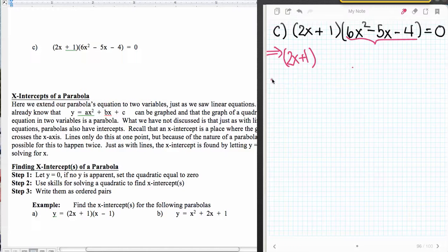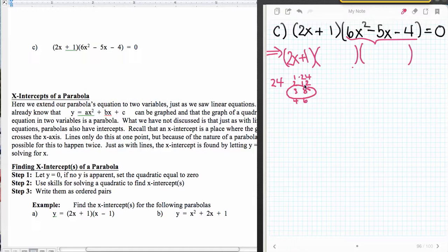So let's do our factoring by grouping strategy. 24 is equal to 1 and 24, right? 6 times 4, that's 24, and then 2 and 12, and 3 and 8, and 4 and 6. And what I need from these is I need a difference of 5. So I need to make the products of 8 and 3. So when I go to factor my 6 and my 4, I'm looking to make a product of 8 and